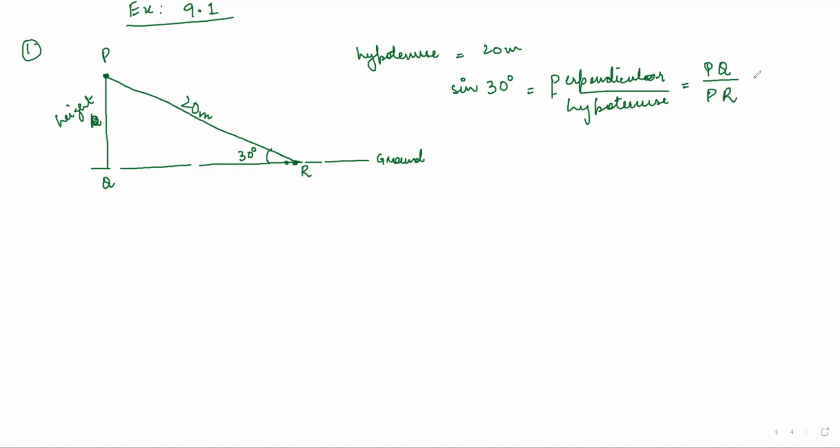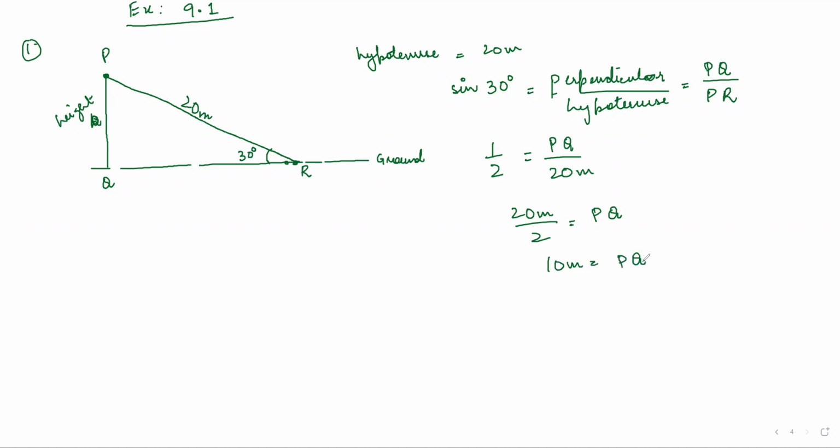So you put the values. Now sine 30, this you already know, is half. Half is equal to PQ, which you want to find, and PR is given, that is 20 meter. So you cross multiply. So 20 meter divided by 2 is equal to PQ,